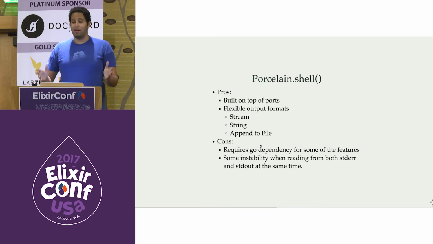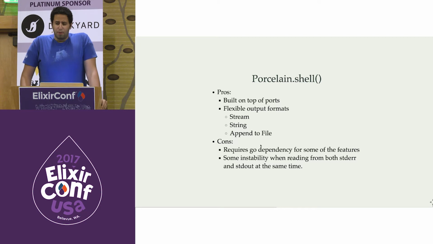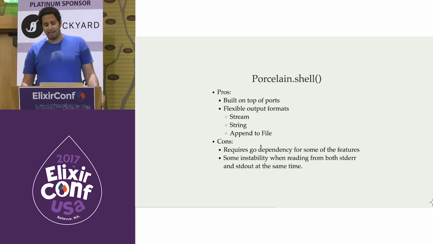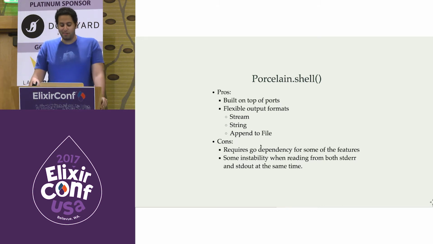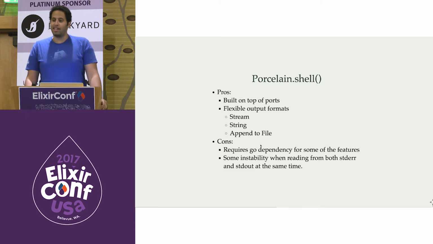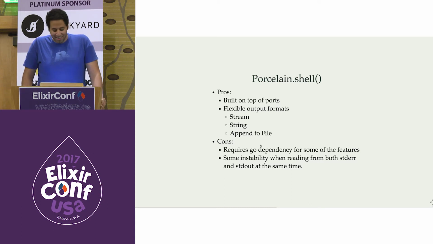So let's talk about one of the interesting open source libraries out there, Porcelain. Porcelain is built on top of Ports, and it supports flexible output formats like stream and binaries, and it also lets you append to file. It's pretty flexible. It requires a Go dependency for some of the features. So if you're really interested in looking at Go stack traces every time you close your Elixir app, this is the library for you. And